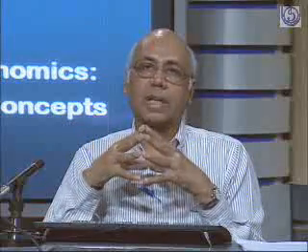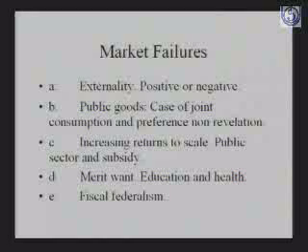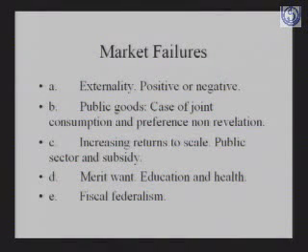The second kind of case that is looked at of market failure is that of public goods. Now, public goods are a case of joint consumption and where preferences are not revealed. Now, for instance, suppose you think of defense. Now, everybody has to pay for the defense, and jointly we all consume the defense. Whatever the level of defense provided in the country, it's jointly consumed by us. Suppose you think of law and order machinery in Delhi or any other city that you're living in, then all of us get the benefit of this extent of the police that is there in the particular city.